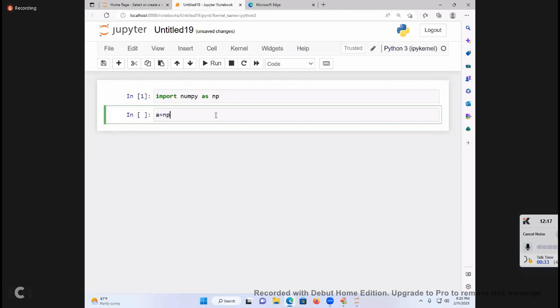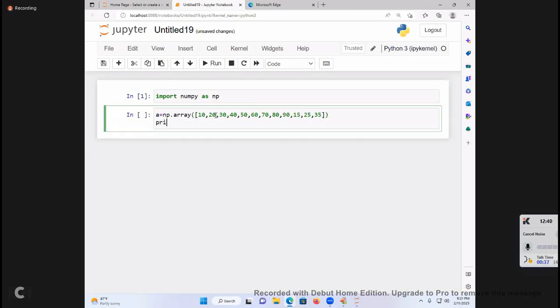A is equal to np.array of, I am taking here directly, 10, 20, 30, 40, 50, 60, 70, 80, 90, some 15, 25, 35. Up to this I will take.